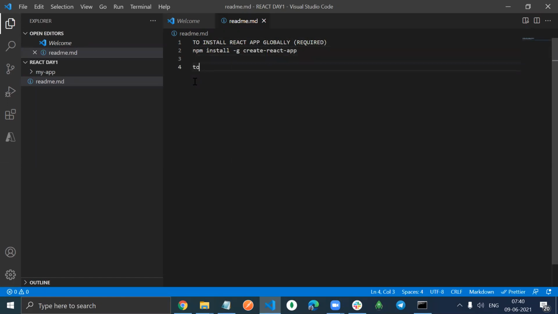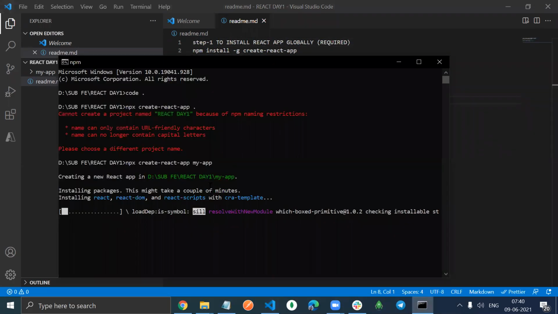Okay, then that is step one. Coming to step two, npx create-react-app, then your app name.